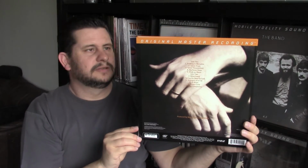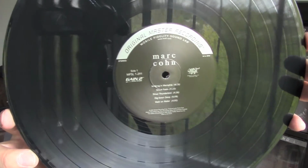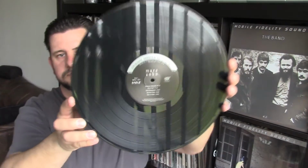New fantastic record. I'm looking forward to this one. And for the label, just like this. Yes, nice and clean. So these were the 4 records I got from Germany,